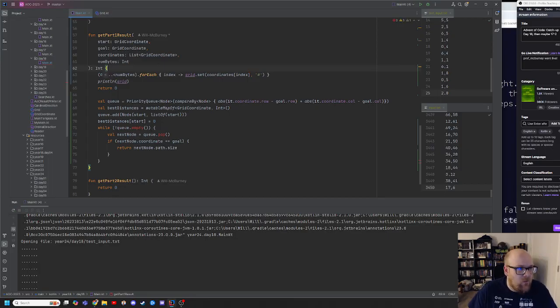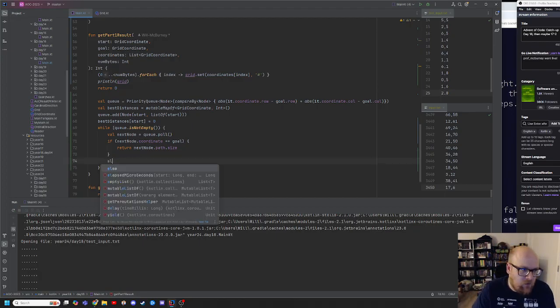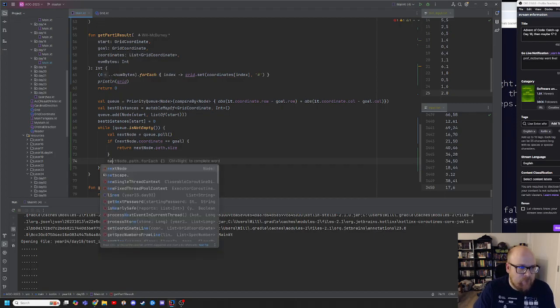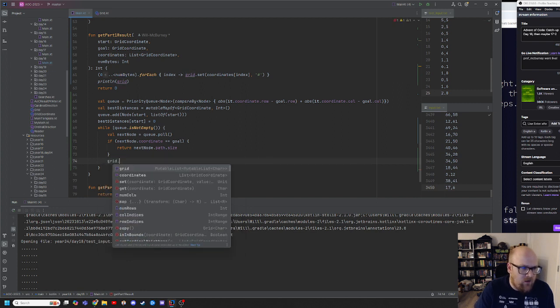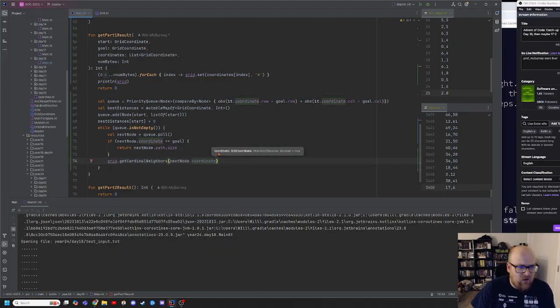While the queue is not empty. Okay. Else we're going to do next node dot grid dot get cardinal neighbors next node coordinate